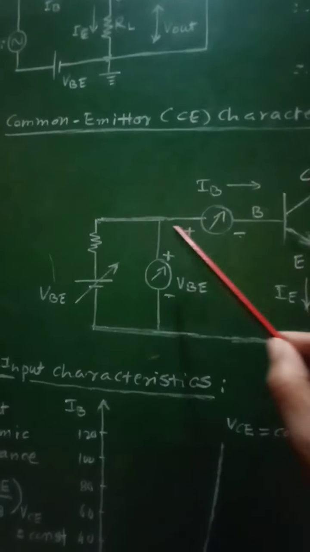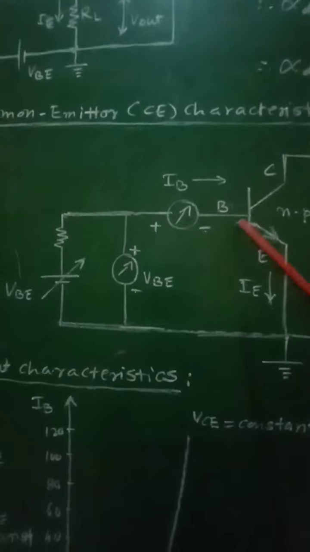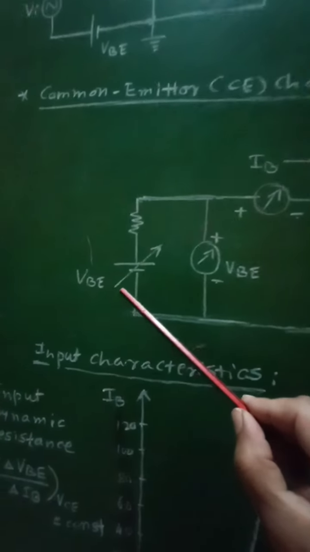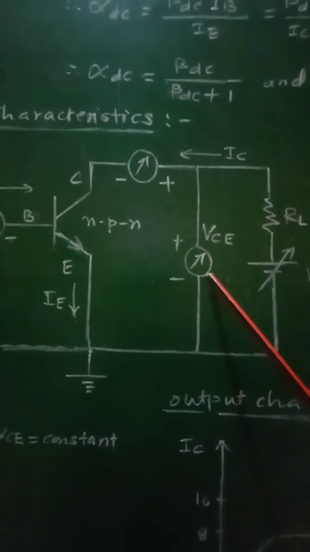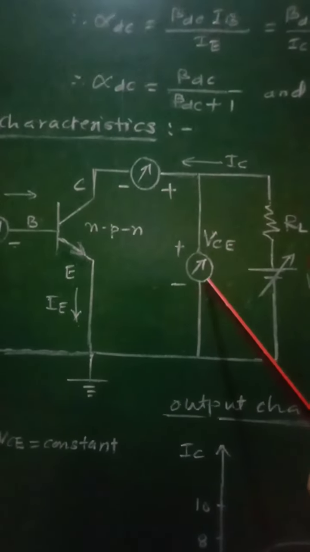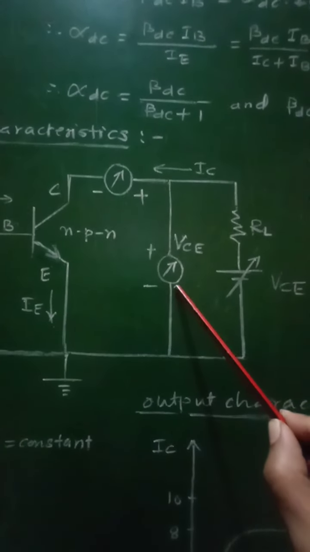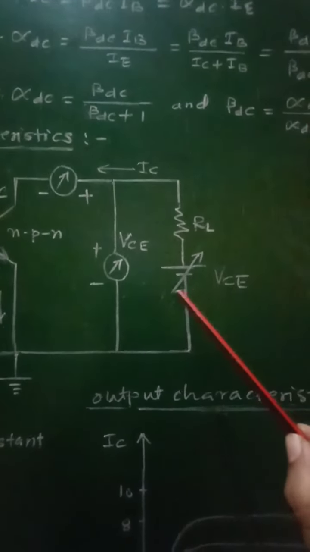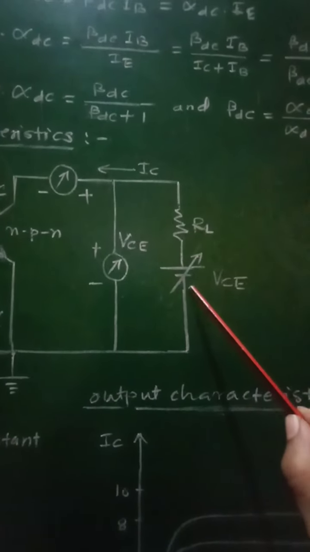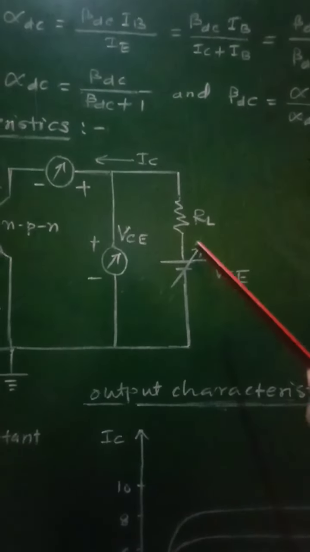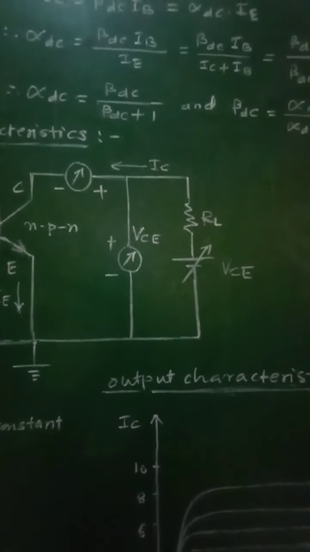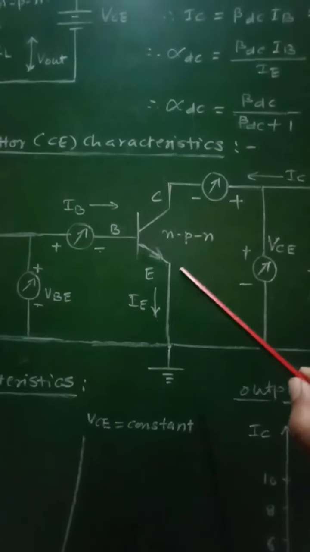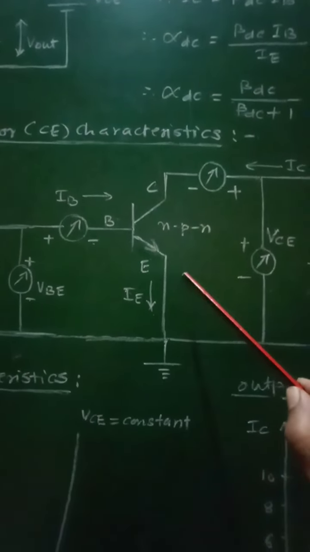Then proper biasing between base and emitter will be provided with the help of this source VBE. Similarly, the output voltage VCE will be measured with the help of this voltmeter, and again proper biasing will be provided at the output with the help of this VCE, and this will represent the load resistance RL. So this will be the circuit diagram in order to study the common emitter